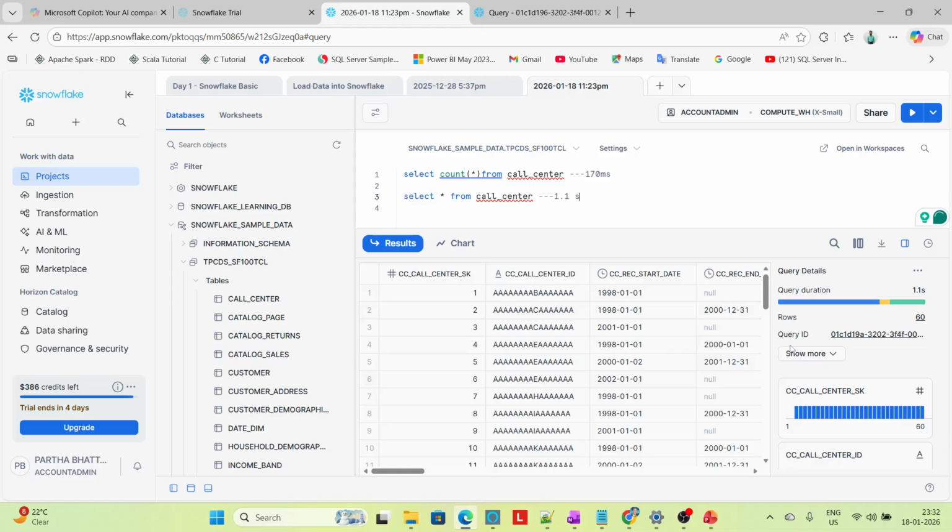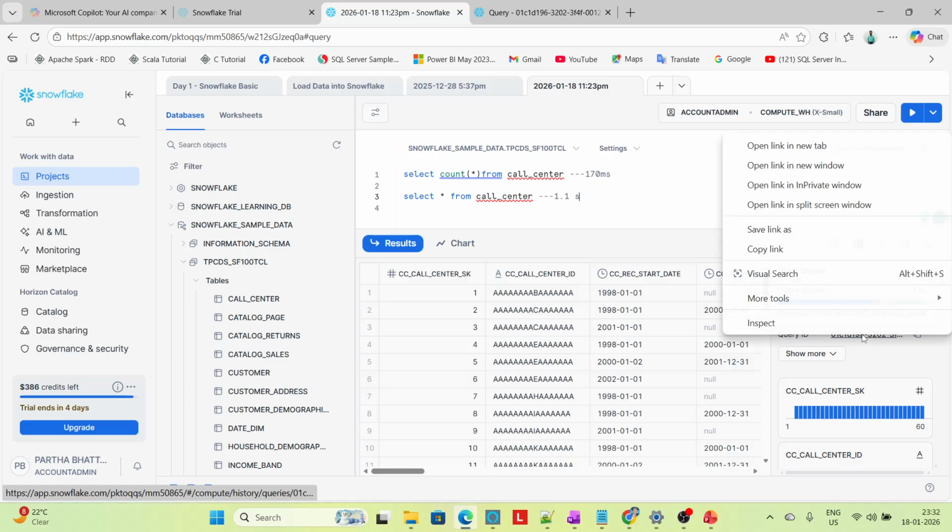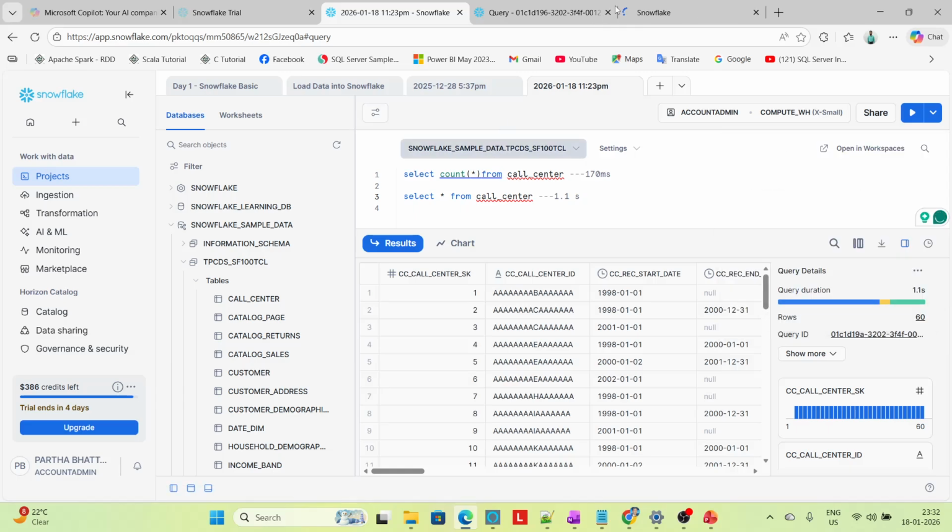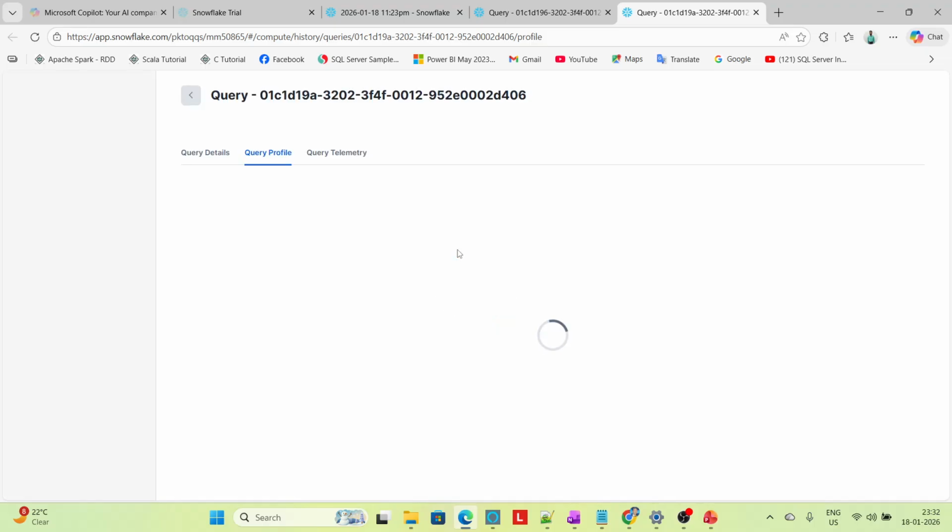Okay. Another query ID is generated. If I click this query ID, because it's not a metadata result, if you see here,